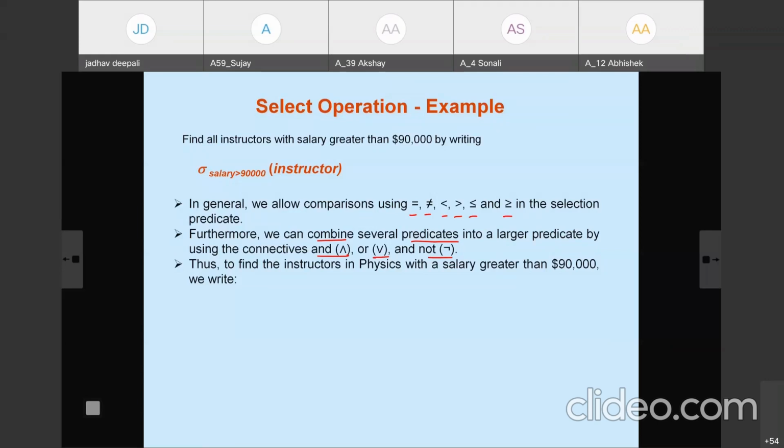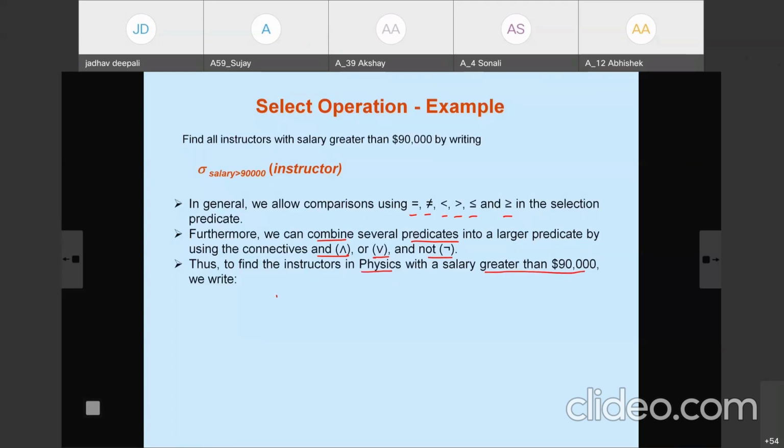Now there are two predicates. The first is department name equal to physics, and the second is salary greater than 90,000. Both predicates should be satisfied, and only then it finds that tuple.